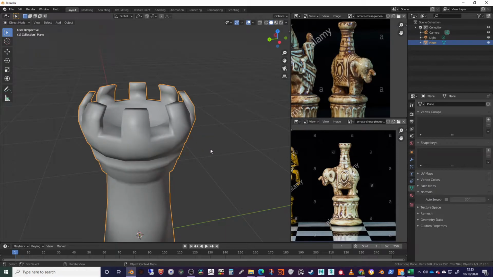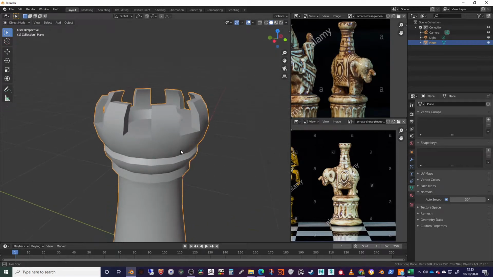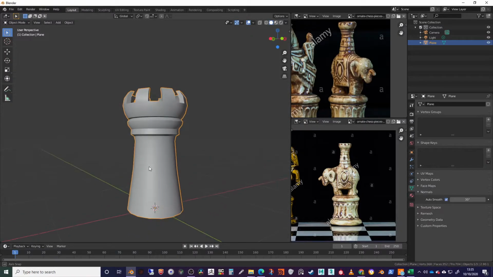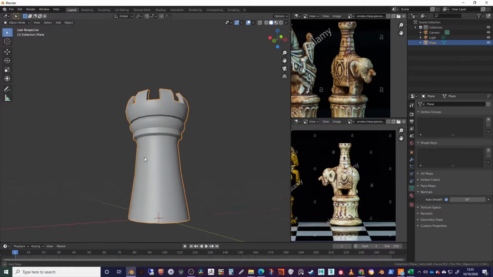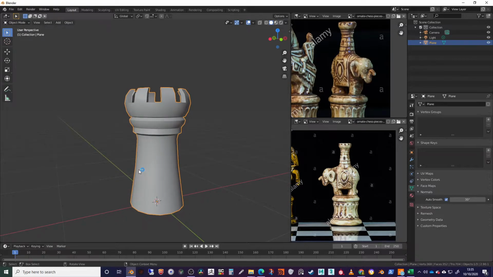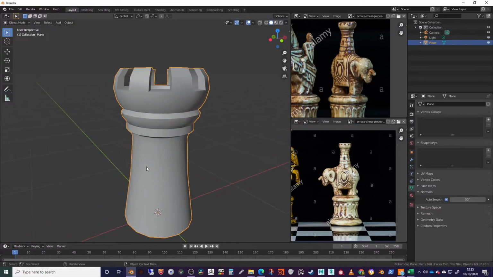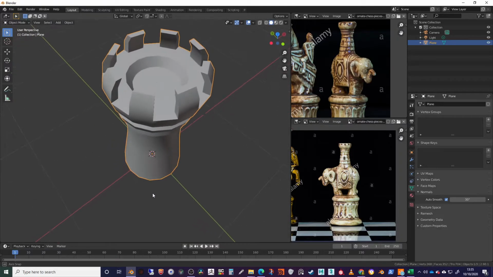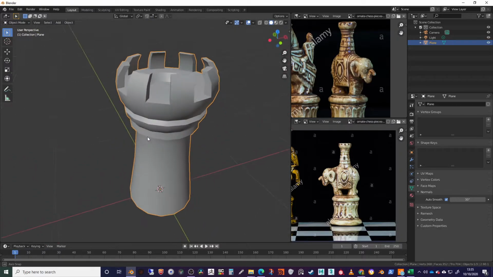Okay, so I'm just going to shade smooth, and I'm going to go down, turn on the auto smooth under normals. And that's not looking too bad. Might just tweak the settings at some point, but it's not looking too bad at the moment. Now what I want to do is I want to bring some reference imagery in, because I'm going to be making the bottom part of the actual elephant's